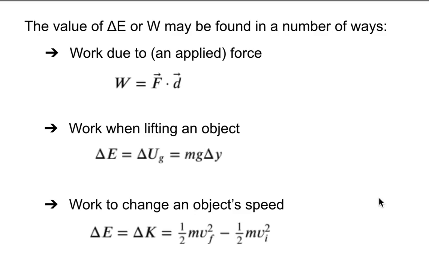But if you do have a situation where the object's speed is changing, you really have no choice. You have to think about what the final kinetic energy is, what the initial kinetic energy is. Again, here I'm showing it with F for final and I for initial because some people prefer that. Some people just like to use V and V sub O. Okay, so it's kind of just a preference as to what makes more sense to you. But it is important to notice that you can't just subtract the values of V. Because they're squared in the formula, you really have to take the time to calculate individual values